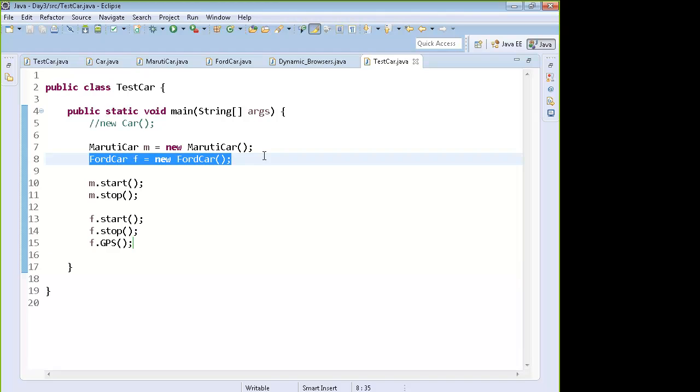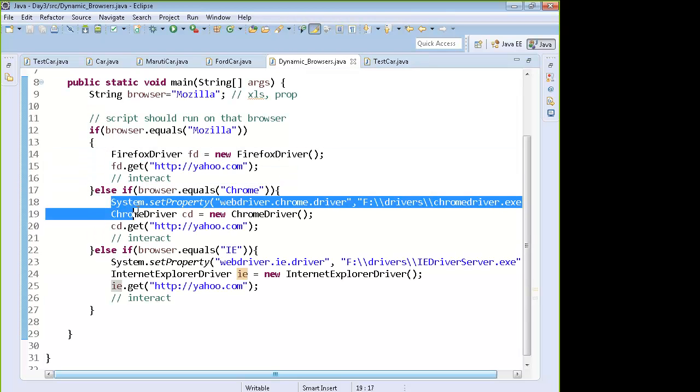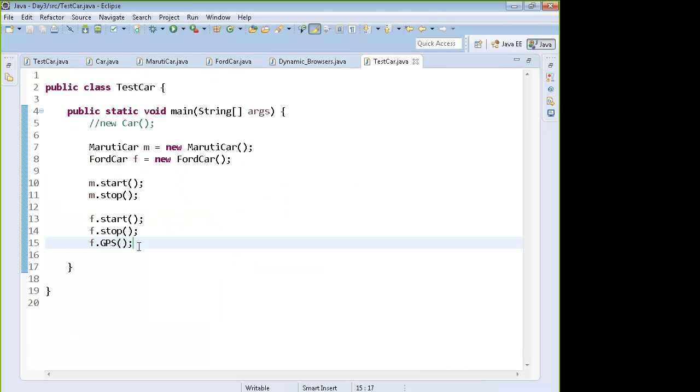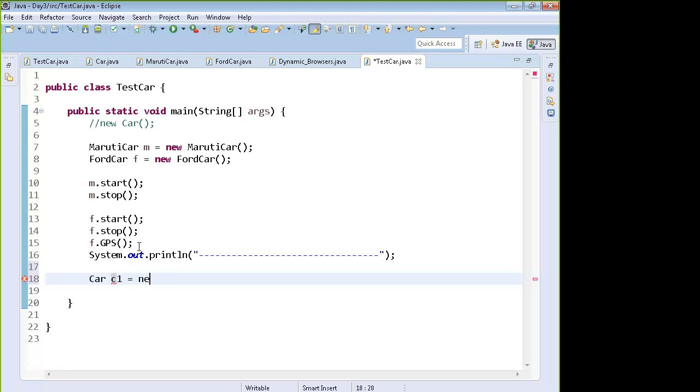Now coming over to our problem of dynamically opening the browser, how will interfaces help over here? Listen to this carefully, whatever I am going to do, most of the people get confused. I am going to create the object like this: Car c1 equals new Ford car.